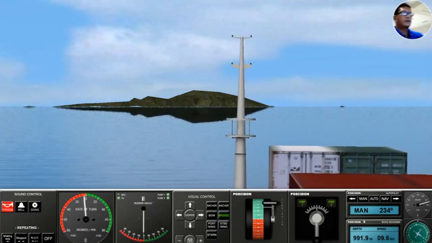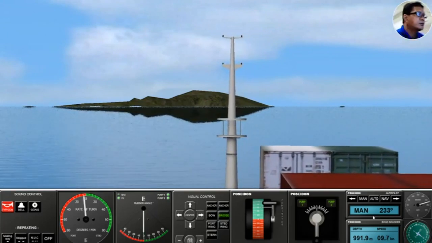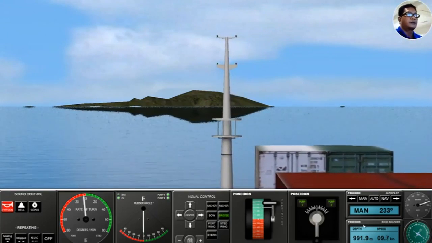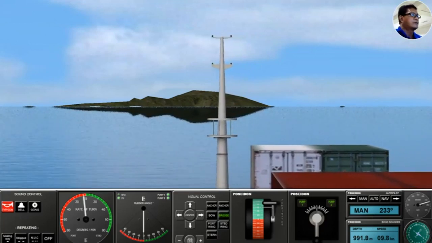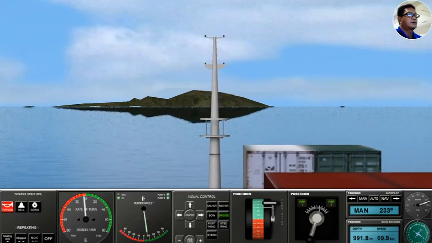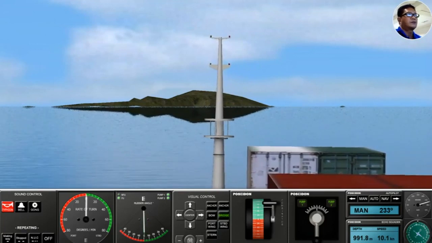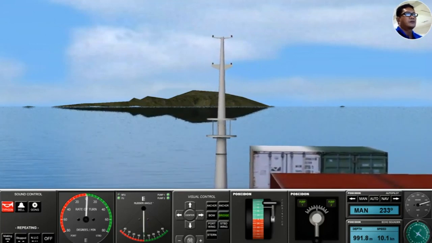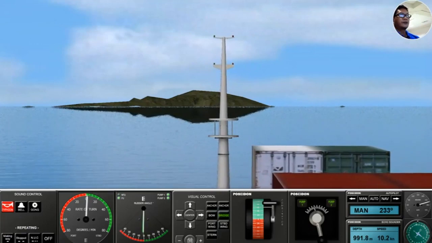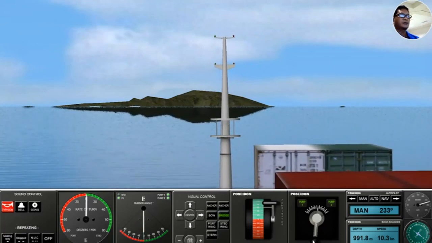Now our ship is heading at 234. Compensate. Then it's 230. And if you want your ship,